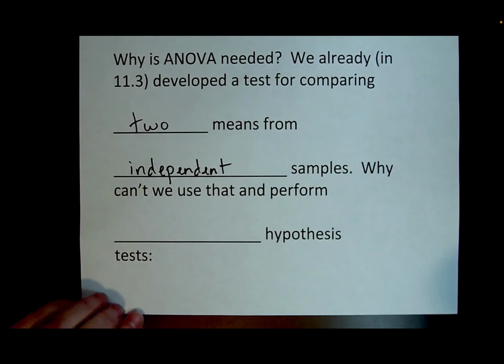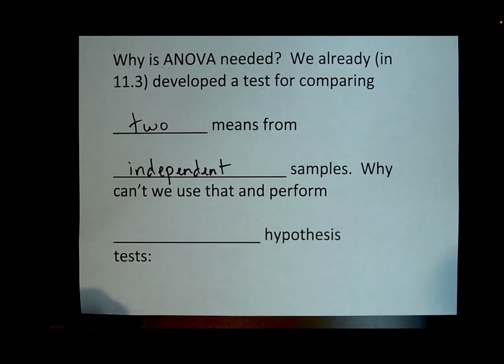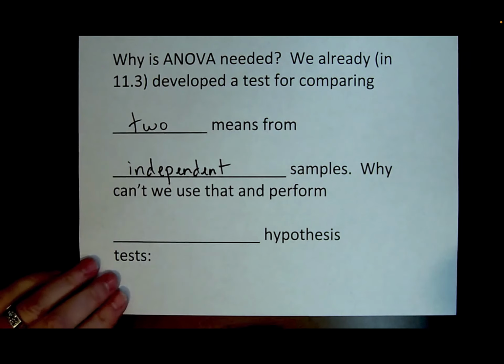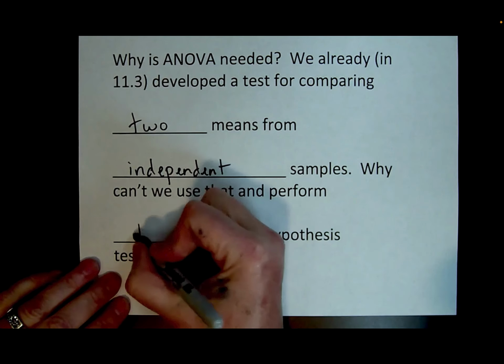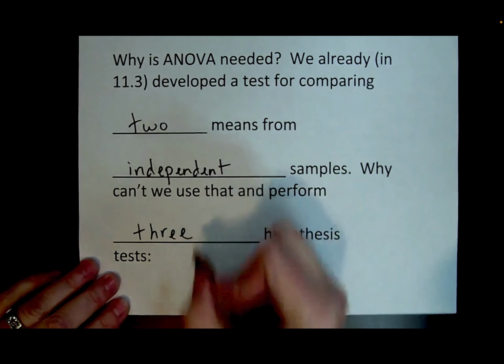And that's what we have here. The people that, if you grab one person in the diet group, that's independent of randomly grabbing a person from the exercise group or from the medicine group. So those are 3 independent samples. So why can't we use the test we've already got and just perform, well, we'd need 3 hypothesis tests in that case,